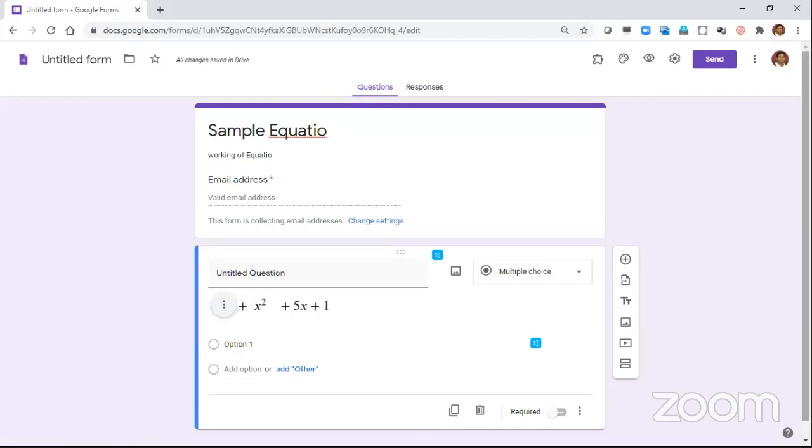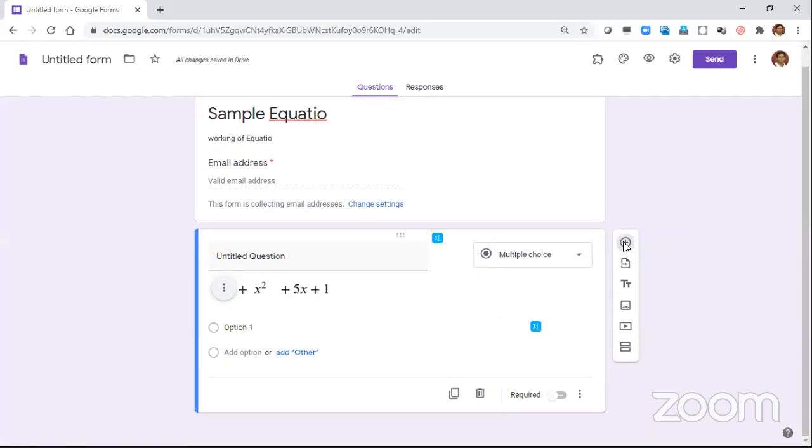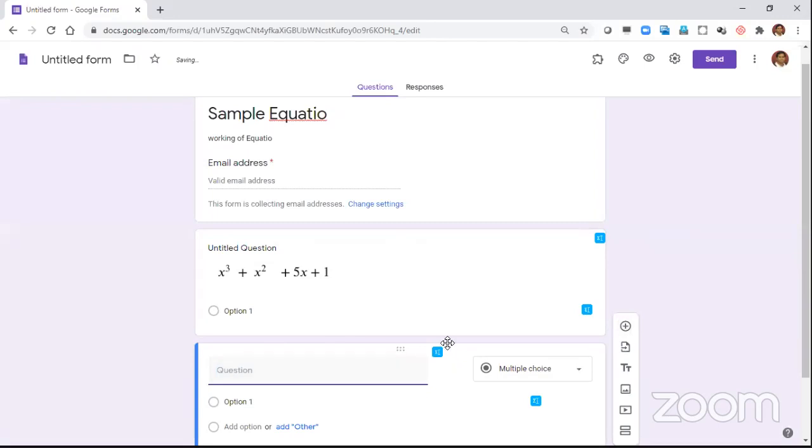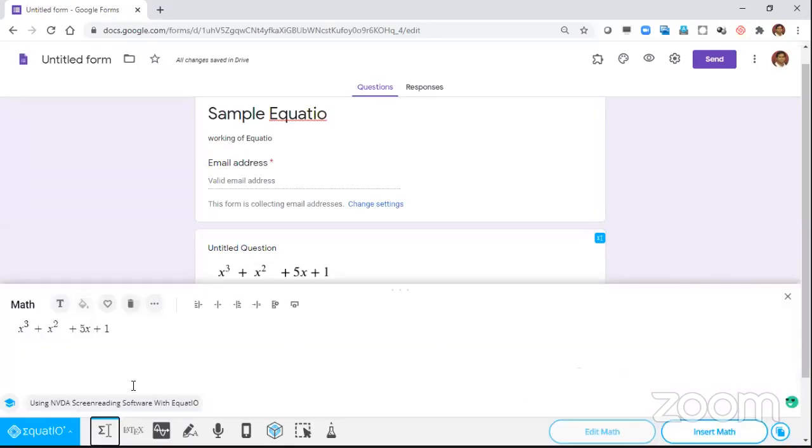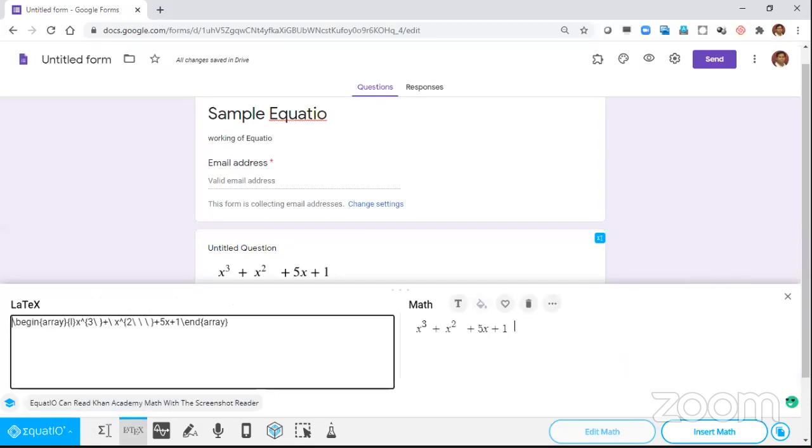You can put the options, no problem. Now I'll show you what more you can do. So let me go to next question. Once again, use math. So what I've used just now is text editor. You can see down, equation editor. If you are well versed with LaTeX, just go to LaTeX and start typing. Now see whatever I have chosen earlier, now he has given me the LaTeX of it. Cog picks up the LaTeX from there. Paste it here. No issues.